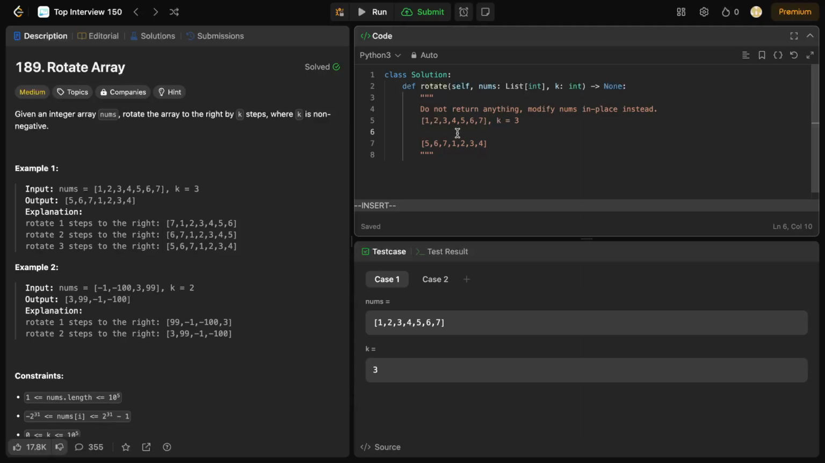So one way to think about getting these final k elements to the start would be to reverse the entire list. So if you reverse the entire list, we would have this thing. Let me actually remove the spaces. We would have this thing, and now we have the last k elements at the start, but they're not in the right order. So essentially we would need to reverse over here,